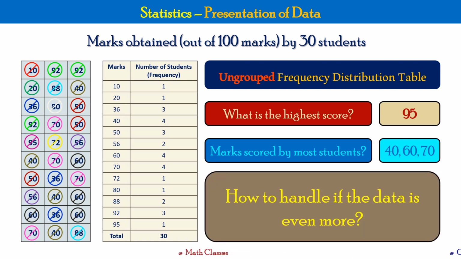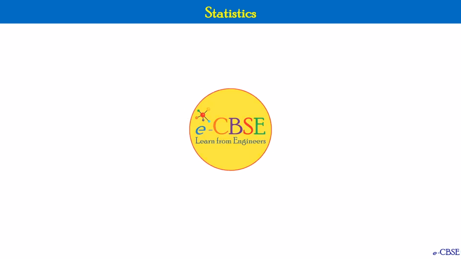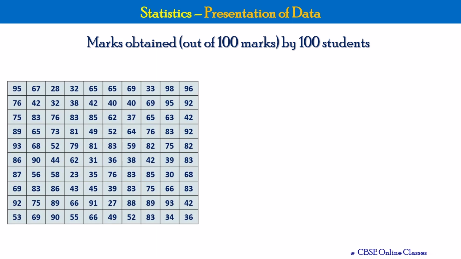Now what will you do if the data is even more? How to handle that? So here I am just doing 30 students' data. What if you have more students, or what if you have to do such analysis for university students where thousands of people are there? So let's start with the next, slightly bigger example. Instead of 30, I'm taking 100 students here. So I have raw data numbers here. So let me try to do a similar analysis but slightly different.